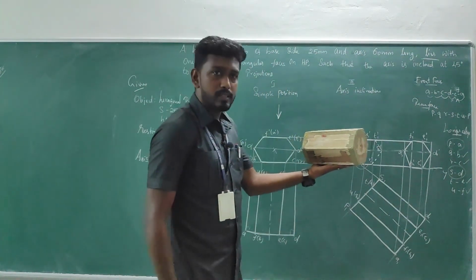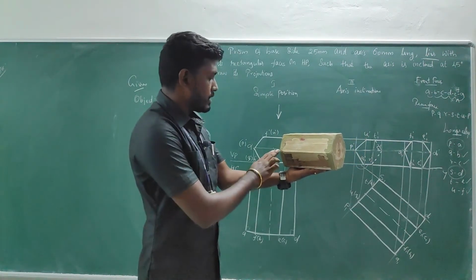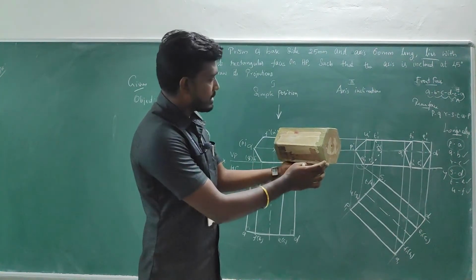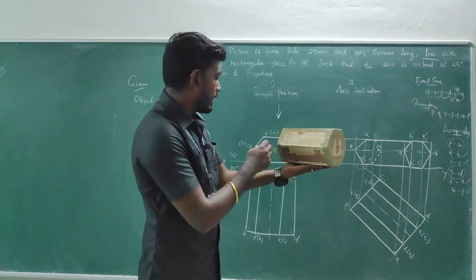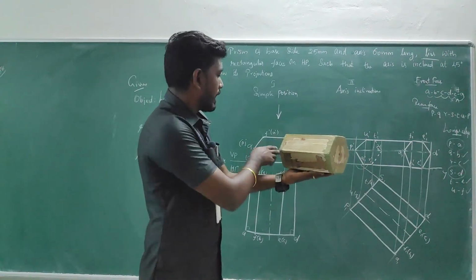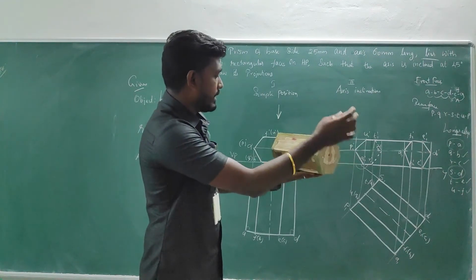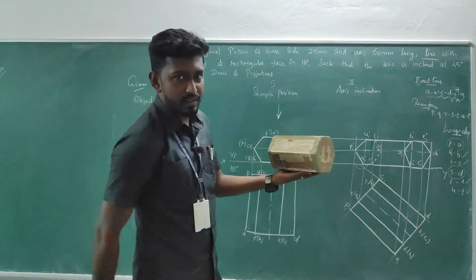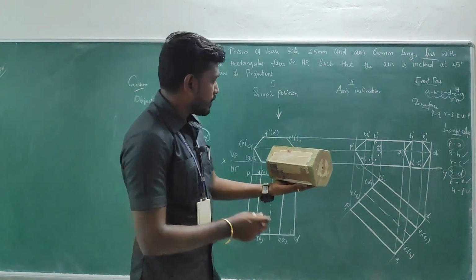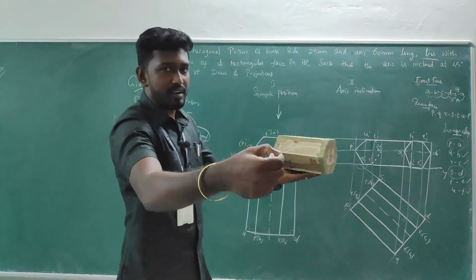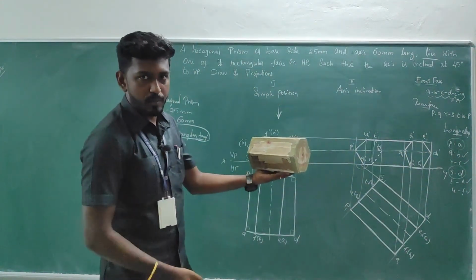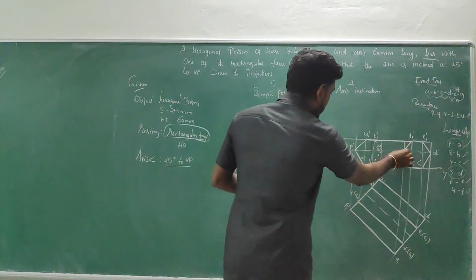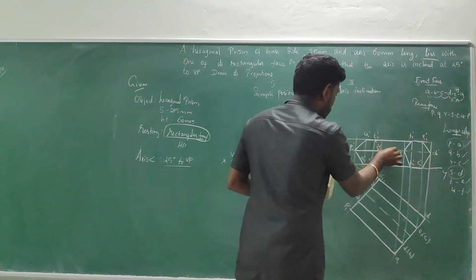This is how the object is, okay? I have taken this is P and this is A, this is Q, and this is B, and this is R, and this is C, and this is S, and this is D, and this is T, and this is E, and this is U, and this is F, okay? I have taken like this. So if you consider P and A in the front view, P and A will be visible. So this must be a dark line. P to A should be a dark line.